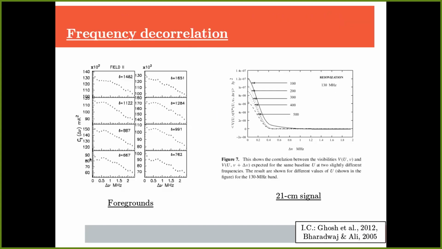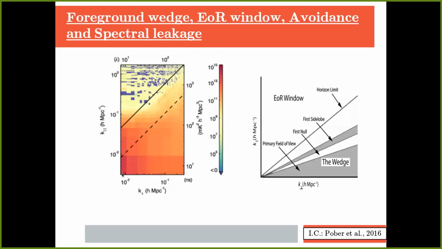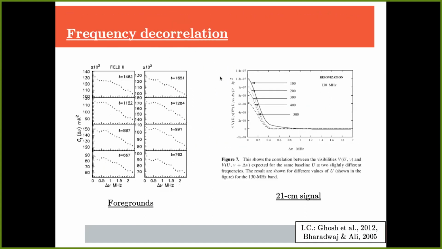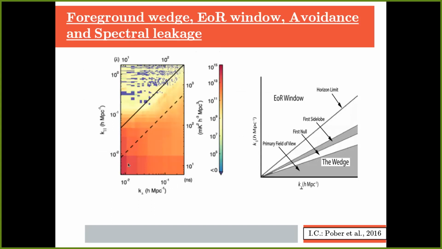Because the foregrounds are smoothly varying functions in frequency, when we take the Fourier transform and go to K parallel space, it is expected to fall off faster compared to the signal part, which decorrelates faster in frequency in the delta nu space, which will mean that in K parallel space it will decorrelate slower than the foregrounds. So the foregrounds are expected to be confined within this region in the Fourier space,